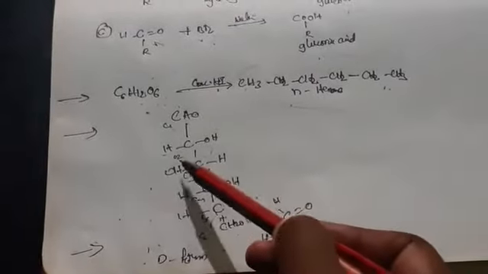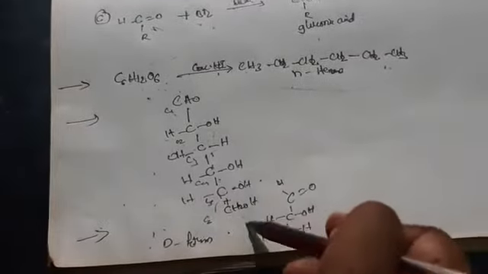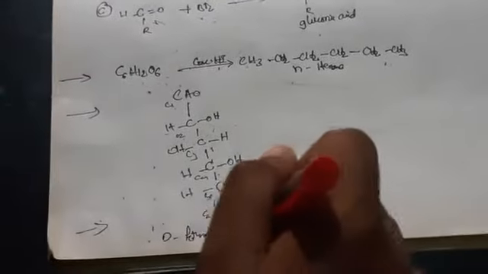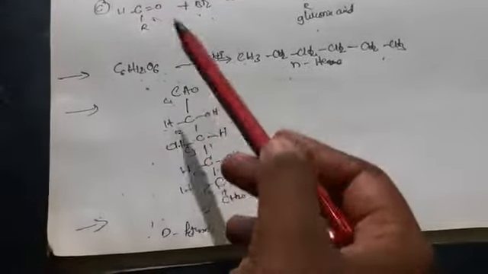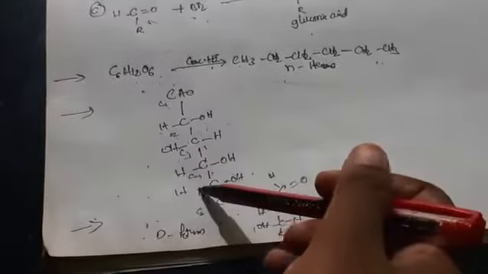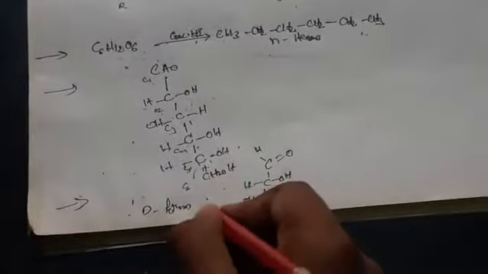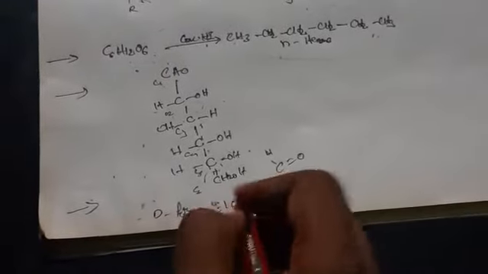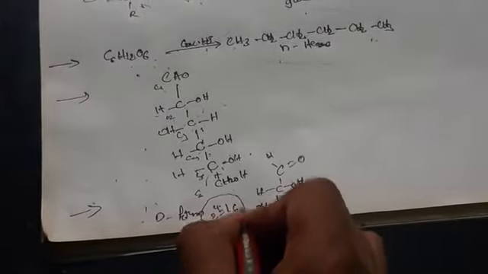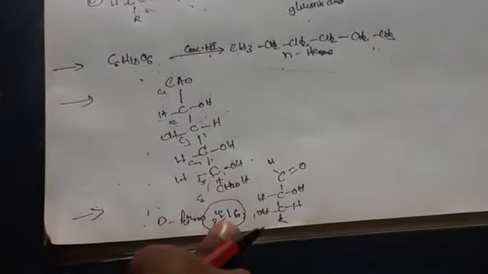The 4 carbons, C2, C3, C4, C5, are optically active, meaning these are chiral carbons, or we can say asymmetric carbons. Chiral is nothing but showing mirror images; non-superimposable mirror images we call chiral carbons. So there are 4 different chiral carbon atoms. Total how many? 2 power 4 equals 16. We are getting 16 isomeric forms.